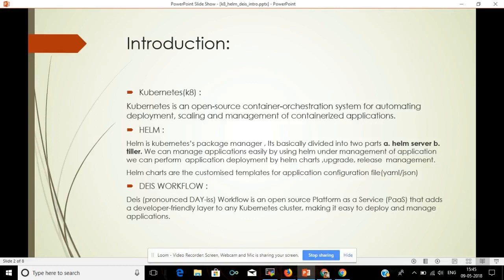He has to go through all the Kubernetes CLI and their attributes, parameters, and everything, which is quite time consuming and complicated. So Deis is the solution for it, and Deis makes Kubernetes very easy, and it's a very interesting topic too.